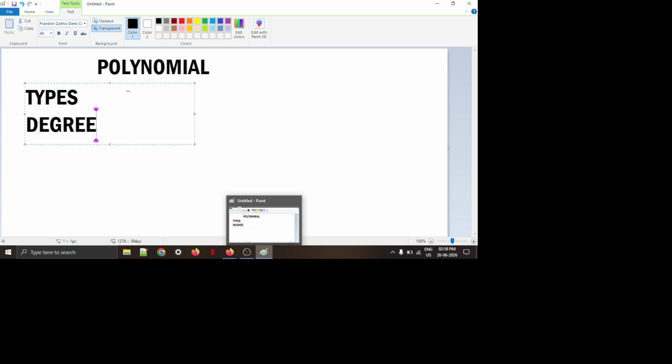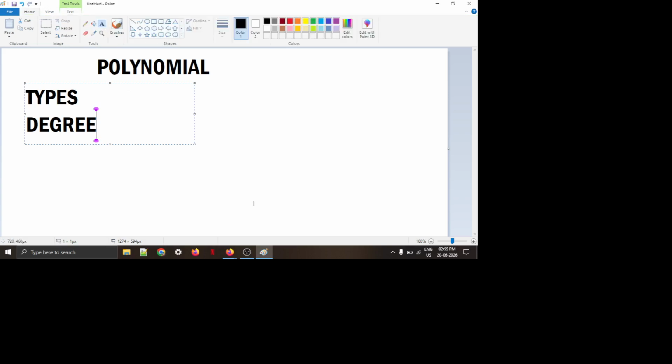A polynomial, as the definition says, is a combination of variables and constants, and for the variable there will be a multiplying factor which we call the coefficient of the variable. The standard formula for this is, a polynomial can be represented